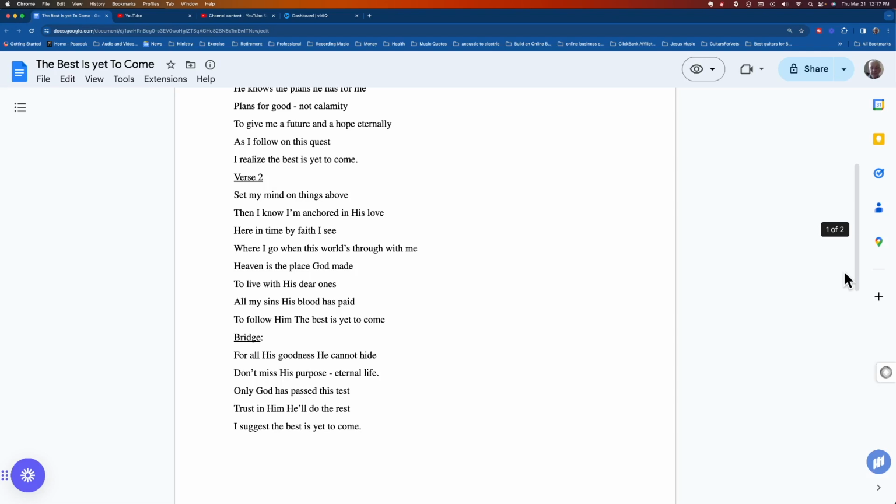Okay, a couple things. In the bridge, remember we said the bridge would introduce kind of a unique perspective on the song, something a little bit different, a different viewpoint. How did I do that? Well, I really changed the music. I went to this B flat. Well, there's no B flat chord in the key of C, so that's a change. And then I end on this D chord, which is also a little different.